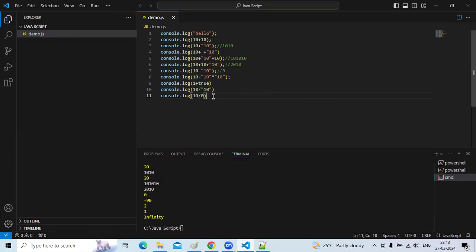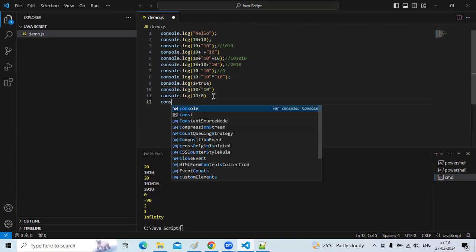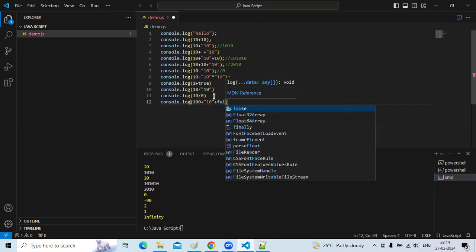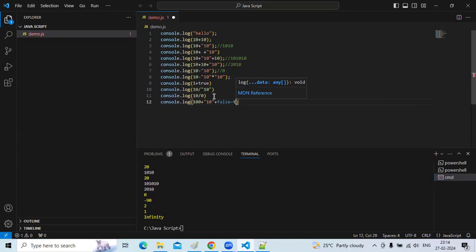Now, I'm taking one more example like console.log of 100 plus 10 plus false minus true.